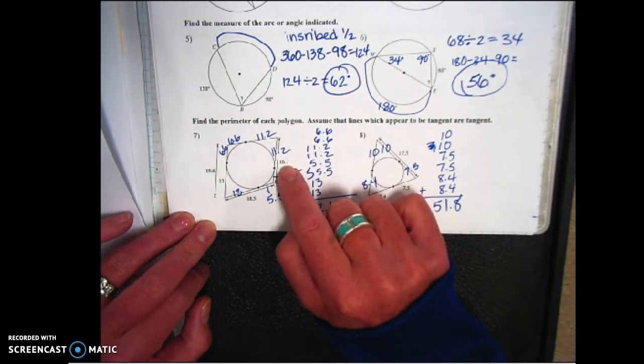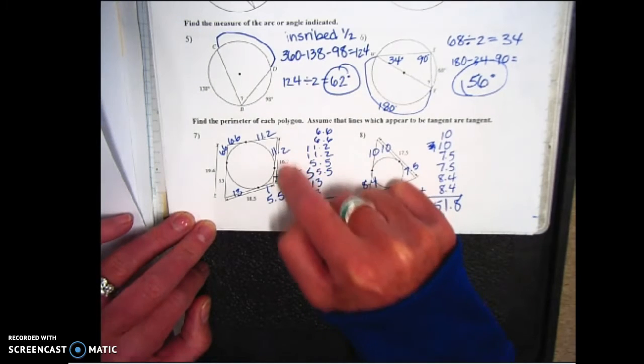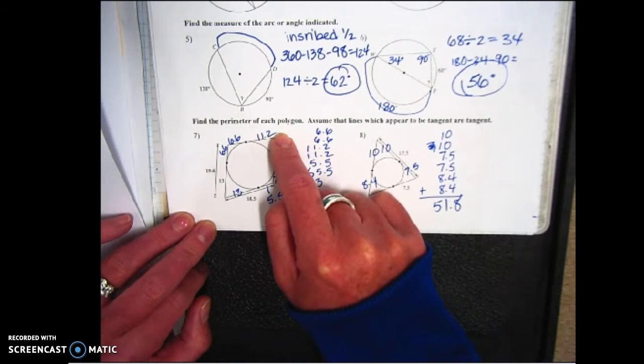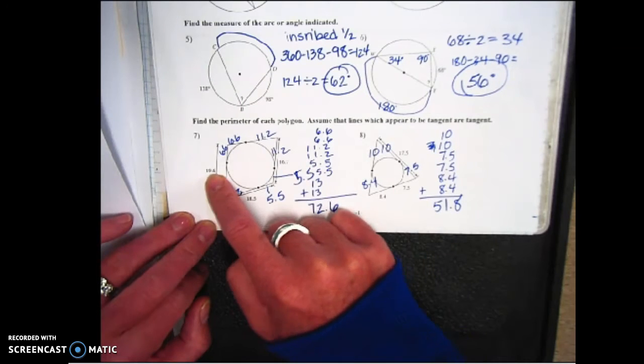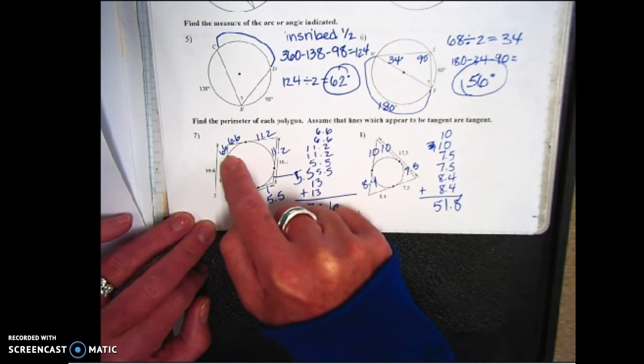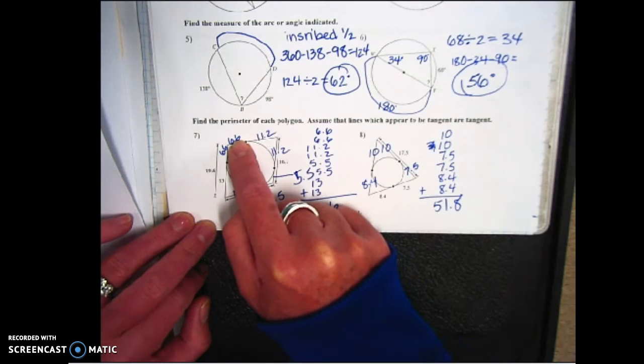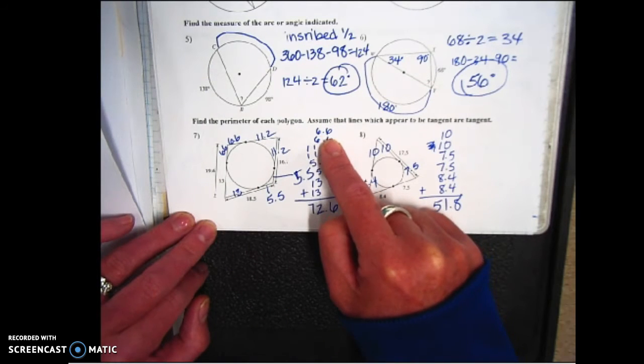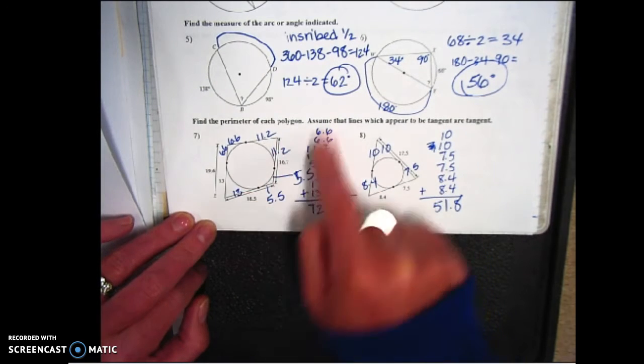This is 5.5, subtract it from 16.7, that makes that 11.2, so that's 11.2. This is 19.6, subtract the 13, that makes that 6.6, which makes that 6.6. Take all eight pieces, add them up, you'll get